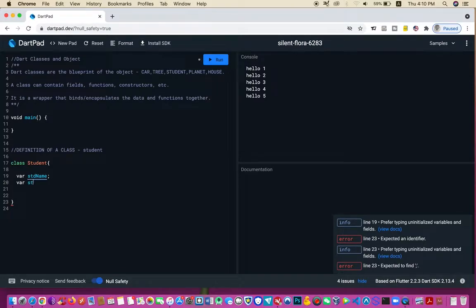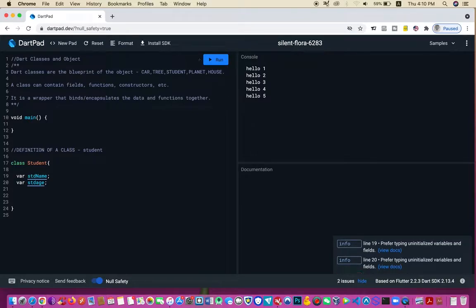Okay, then we can have another property of a student to be the age of the student. So student age like this. Okay, student age. Then what other fields or properties can we have? Maybe student roll number. Yeah, let's just add this. So maybe std student roll